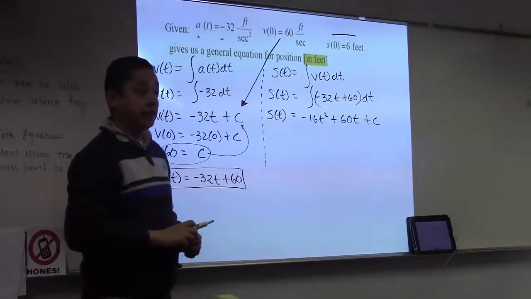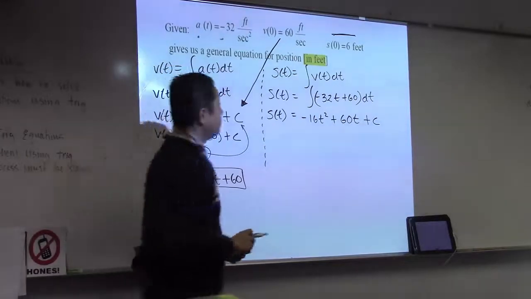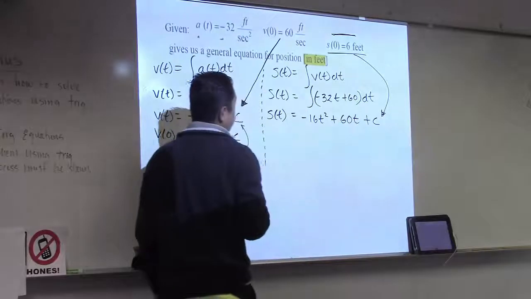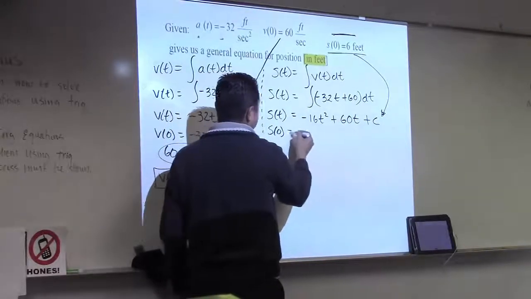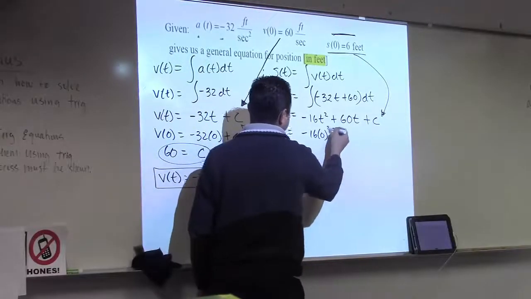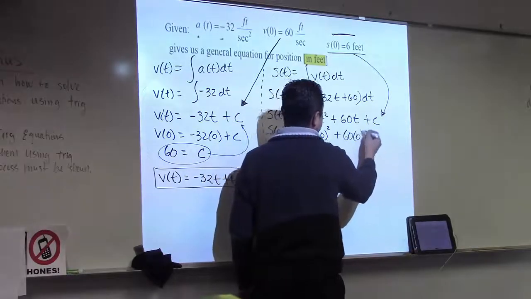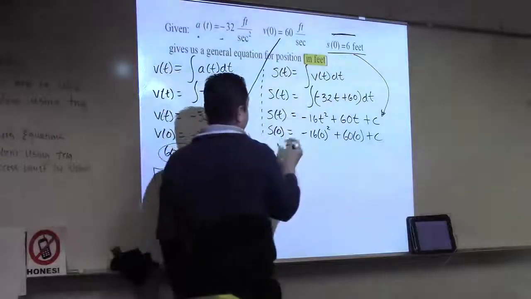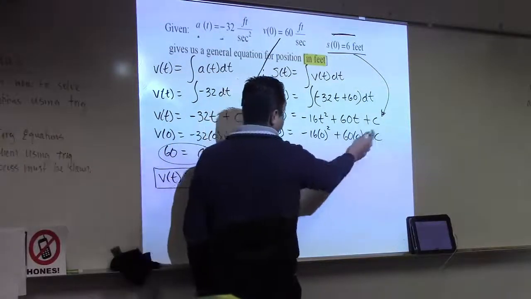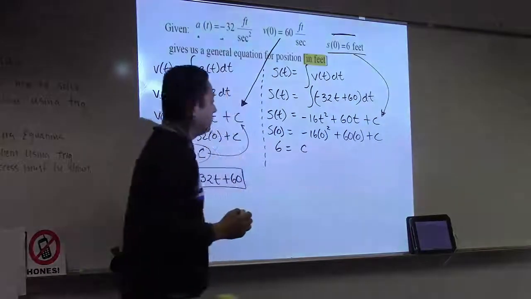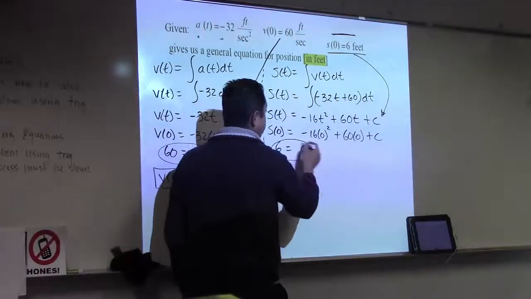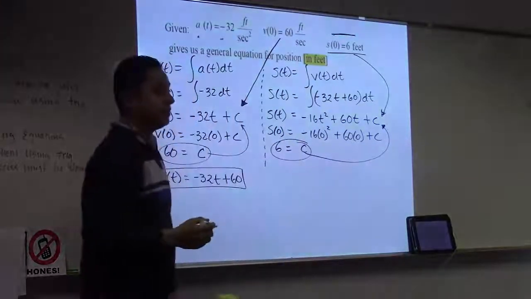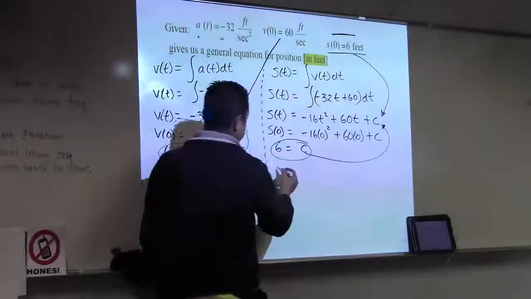Now we just need to find the c for the position function, and that's where that comes in. Right? So S of 0 equals negative 16 times 0 squared plus... S of 0 is 6. So my c is 6. I found the c. C will replace that c in that particular function. So S of t